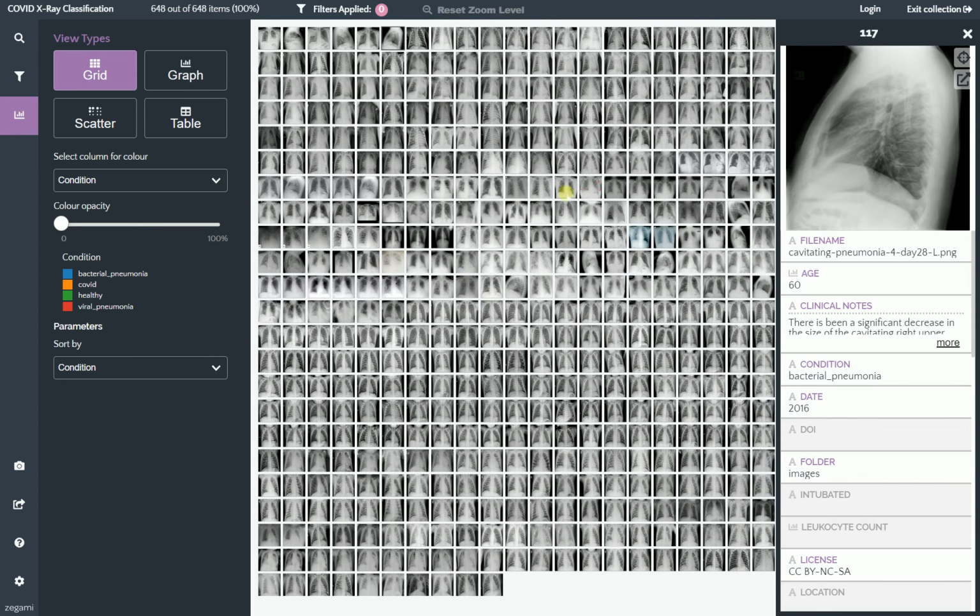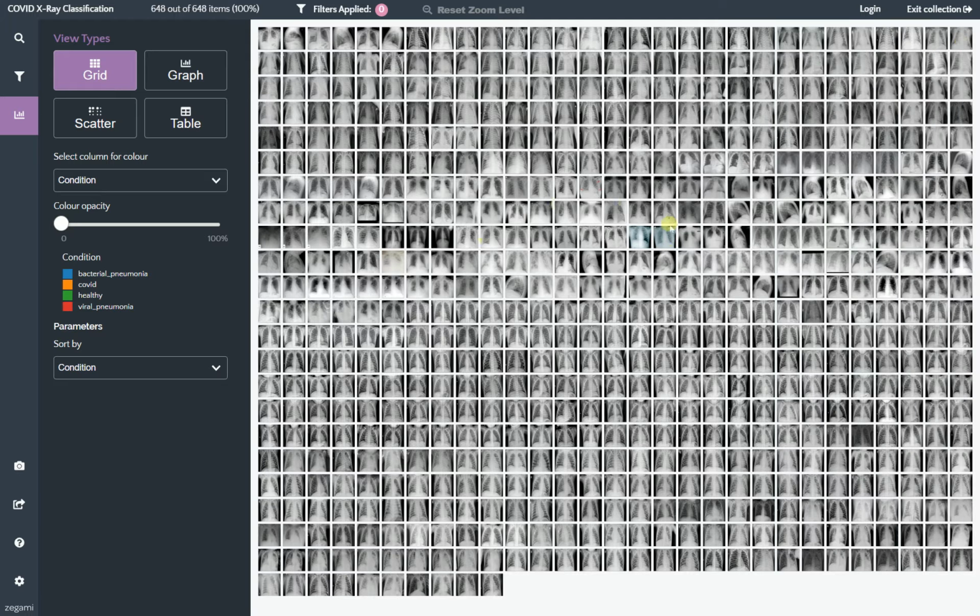So this is what's called the grid view. This is the initial view in Zegami, and we can get a good overview, and you can see there's a variety of different contrasts and different blurriness, which is what you'd expect from a large selection of images like this. You can look at this in a graph view,